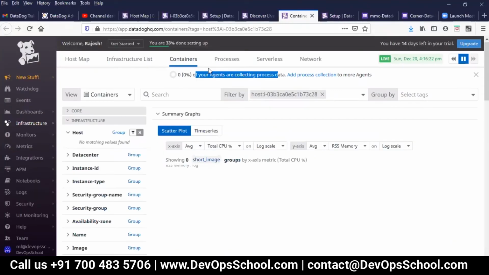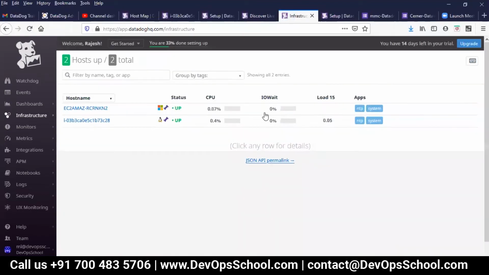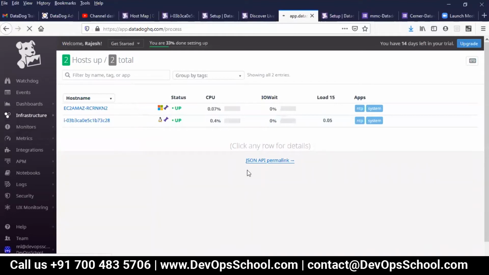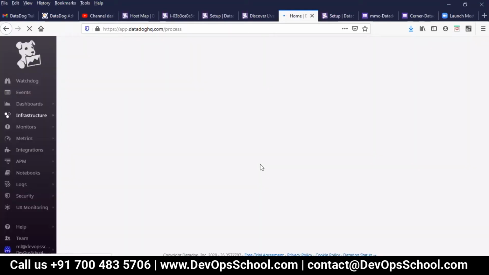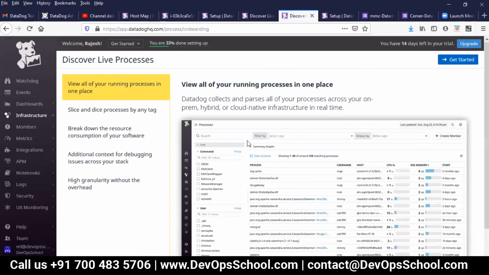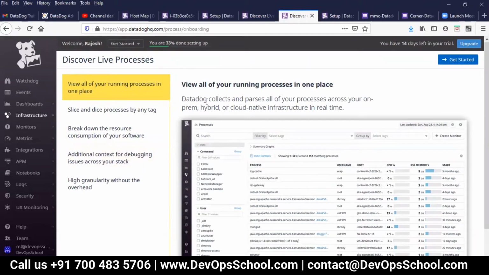Here click on the infrastructure list, and here go to the processes. Okay, and now see here, this is the place you will get the Datadog process monitoring.